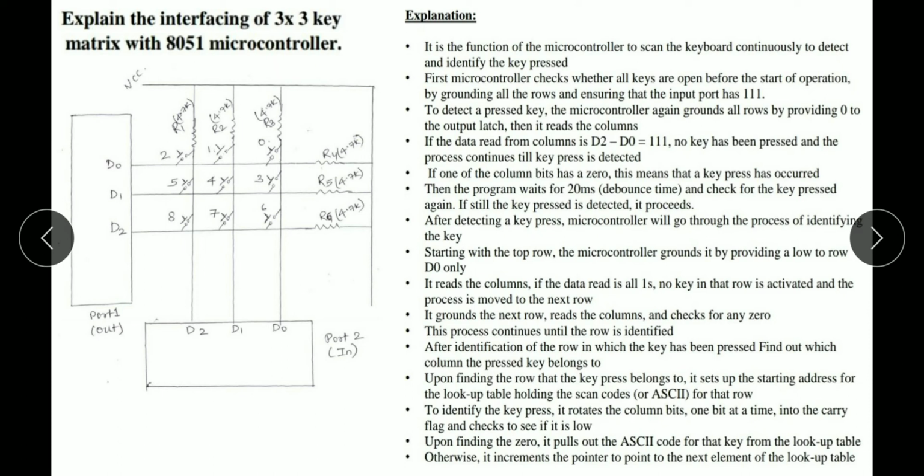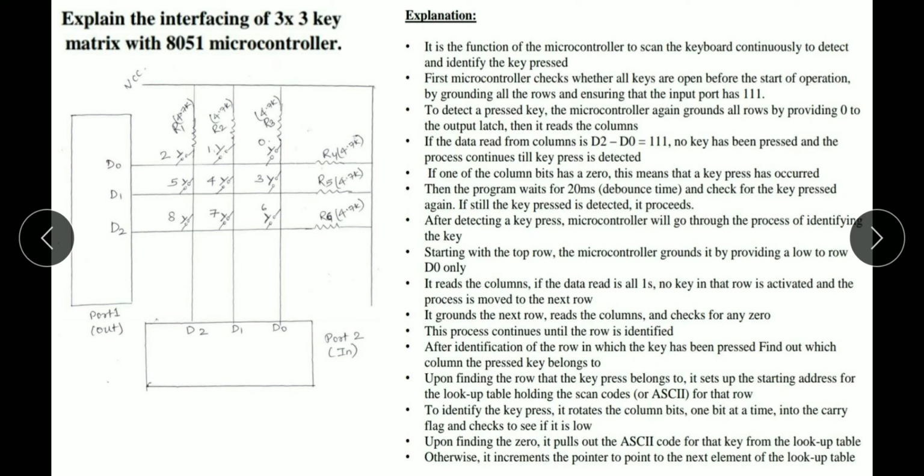To detect a key press, the microcontroller again grounds all rows by providing 0 to the output latch. Then it reads the columns. If the data read from the columns, D2 to D0, is 111, no key has been pressed and the process continues till a key press is detected. If one of the column bits has a 0, this means that a key press has occurred.